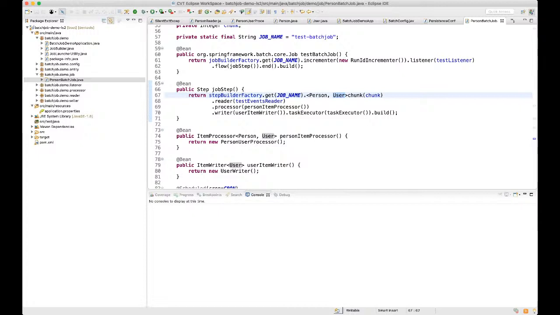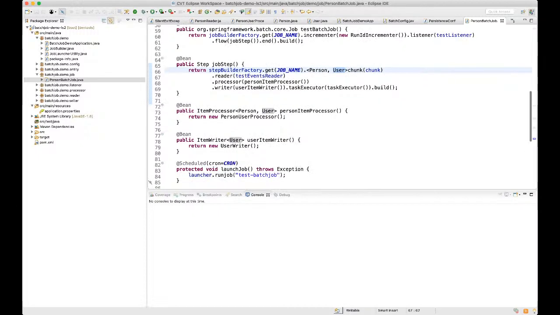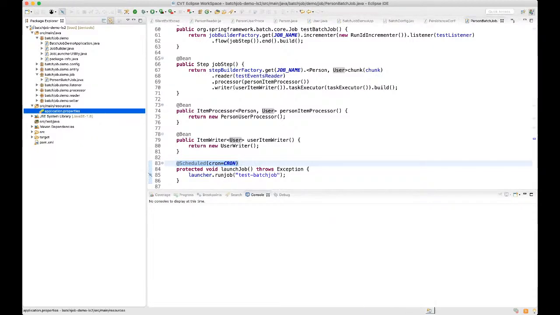Okay, coming to the next part of our job, which is going to hit it, is basically the scheduler. So here we have our scheduler where we defined our cron. I'm going to show you my config file. Here you can see that this is our configuration file.